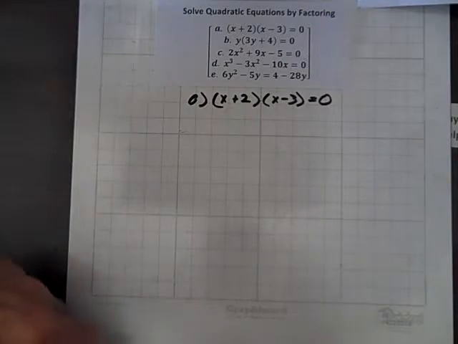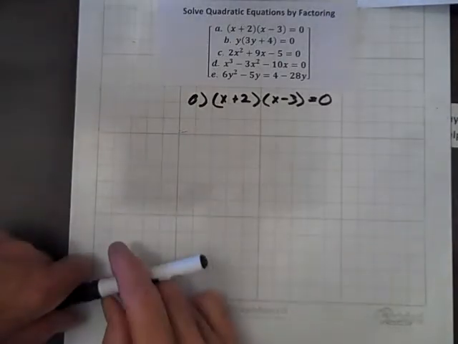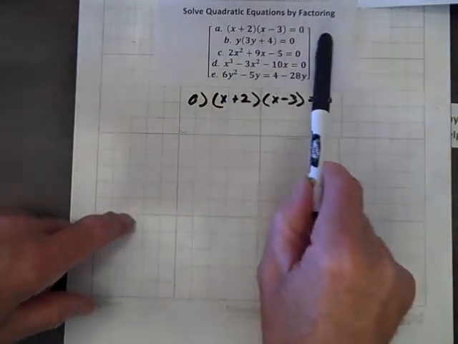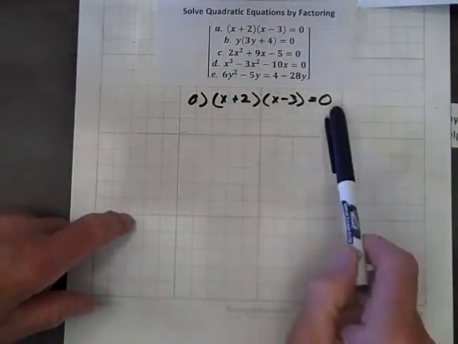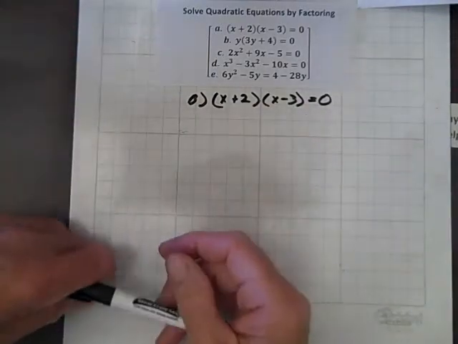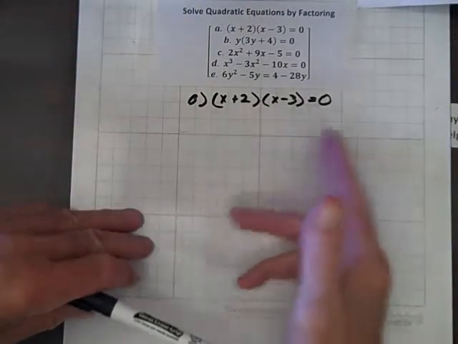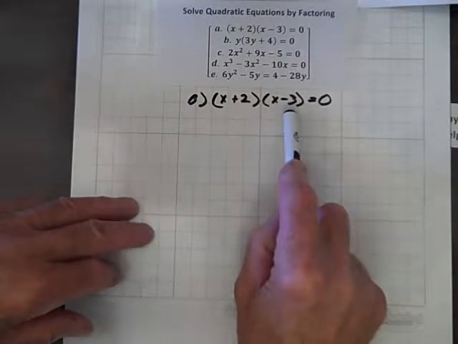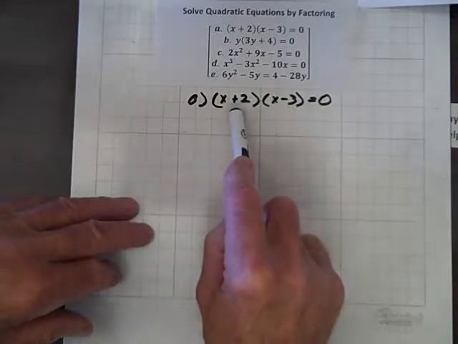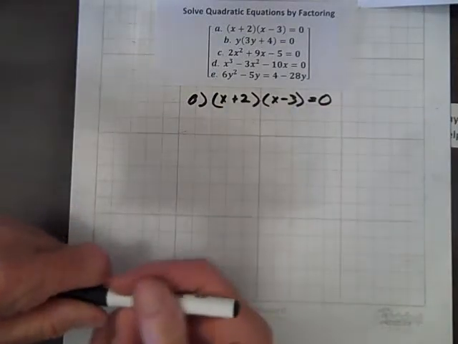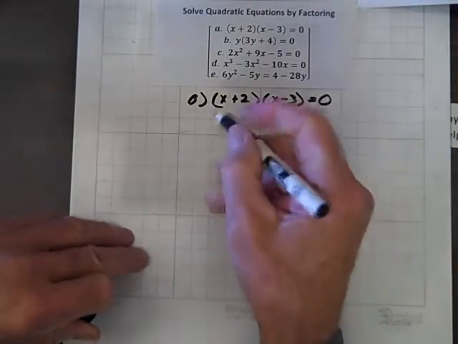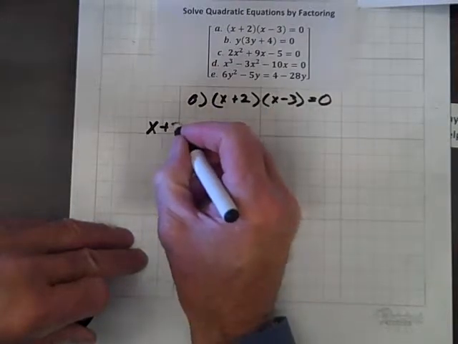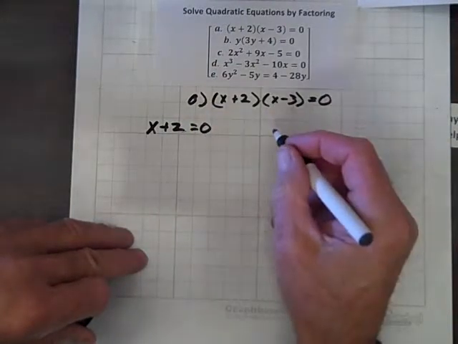The task: to solve quadratic equations by factoring. So here's the first one, the quantity x plus 2 times the quantity x minus 3 equals 0. It's already factored. So the next issue is to find the zeros. If either of these two factors is 0, then the product will be 0. So one way to determine the zeros is let each factor equal 0 and solve